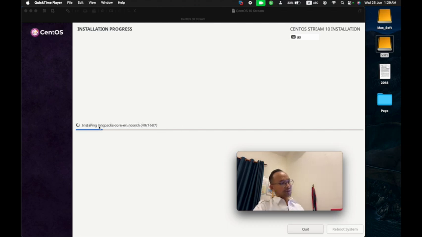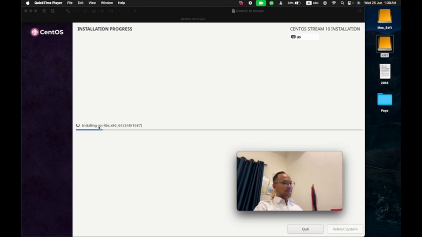And here we need to set up the password for the root user. For the checkbox to allow root login with password, Linux does not recommend ticking it, because when you tick it, it means you allow the root user to directly remote into the server via the SSH protocol.